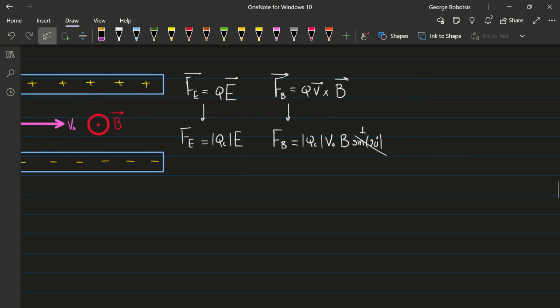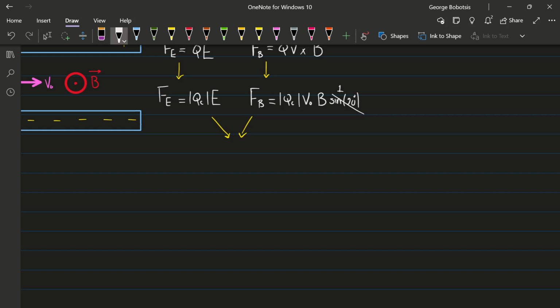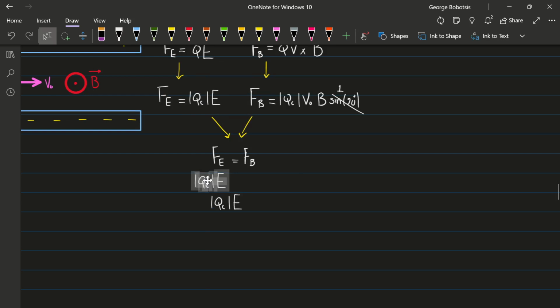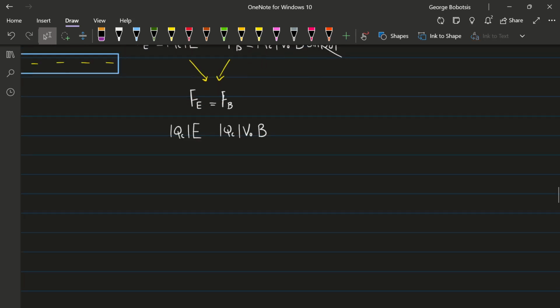All right, you already see where this is going, okay? For equilibrium to be established, you need these two to be the same. So I set them to be the same, and that means the charge here will drop. I guess it doesn't hurt to just write it down. Just want to be a little faster though. Boom, boom. You're going to get here a relationship between the electric field and the magnetic field, as you can